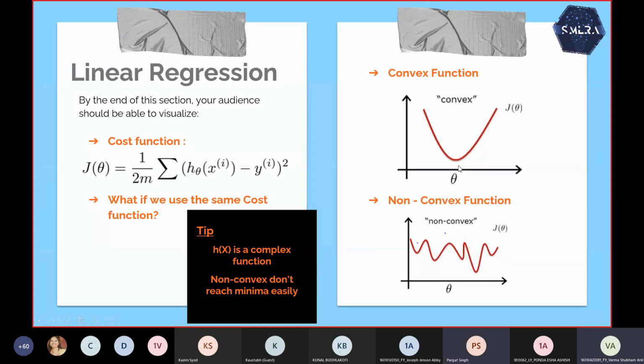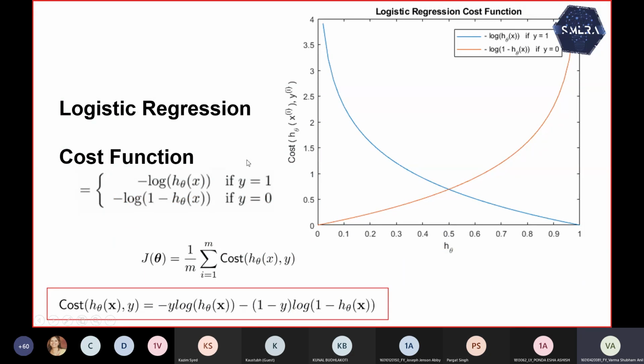Okay, so now let's move forward. As I said, we have to use a different cost function. The cost function that we use for logistic regression is something like this. It's a highly mathematical thing that we have derived, and you can derive it for yourselves too, but it's very lengthy and includes very high mathematical terms. So we can directly put the values of the cost function. As I said, we have two classes in logistic regression, class 1 and class 0, like predicted value 1 or predicted value 0.